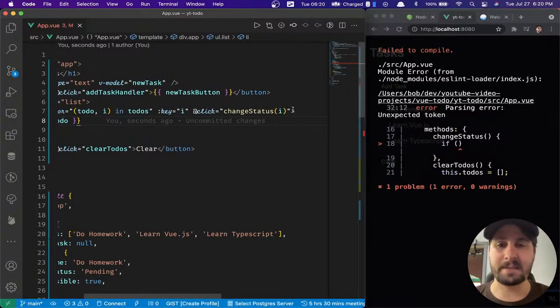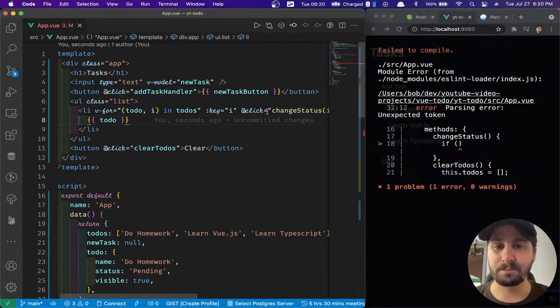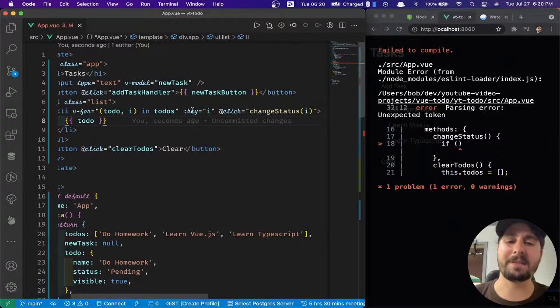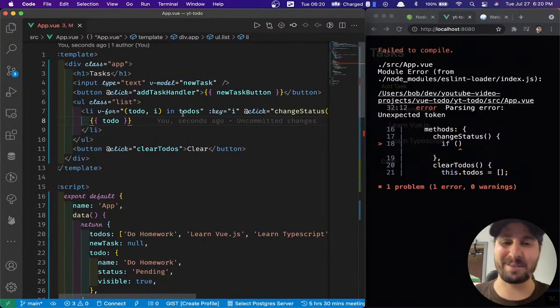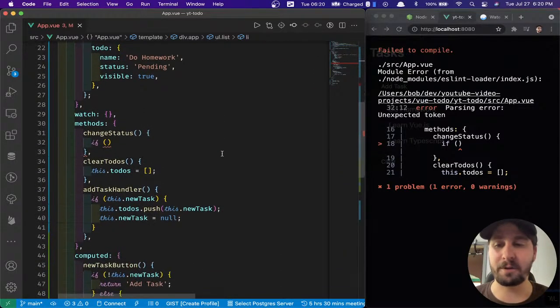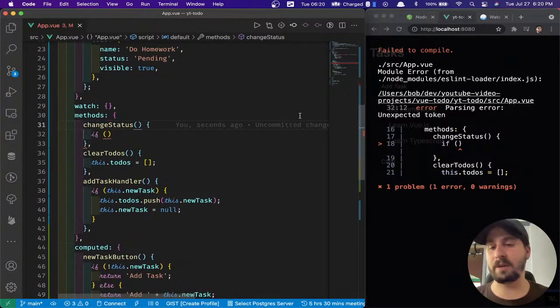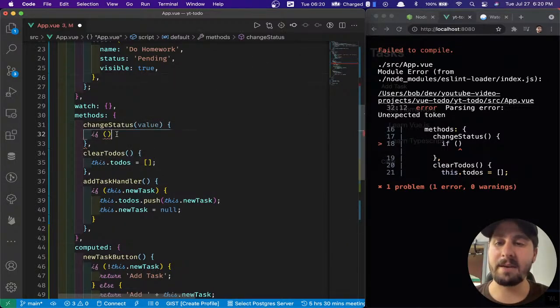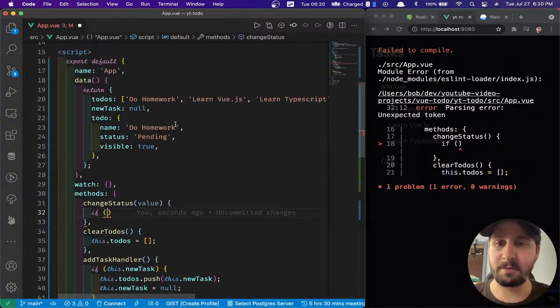Okay, so we're going to pass in the... yeah, this is kind of a weird solution. I really am interested though. Anyway, since we're passing something into this to change status, just like a regular function, we can do it like this. We just define that it's going to take in some input. So let's say if value